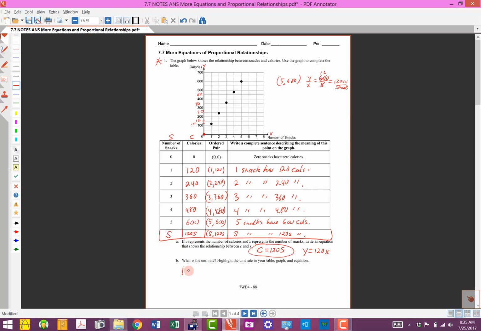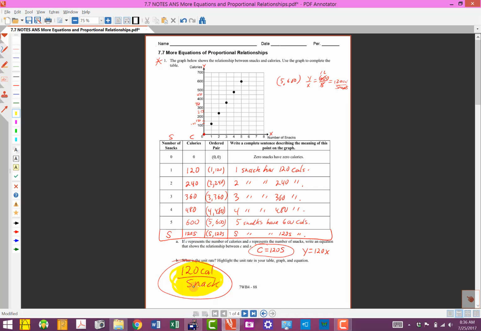So then it says down here, what is the unit rate? So let's go ahead and write it. It's 120 calories per snack. And again, when we say per snack, what we mean is per one snack. That's that unit rate that makes things easy to compare. And then it says highlight the unit rate in your table, the graph, and the equation. So let's go ahead and take a look. Here clearly is our